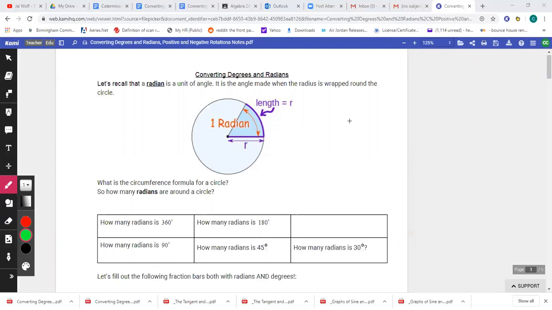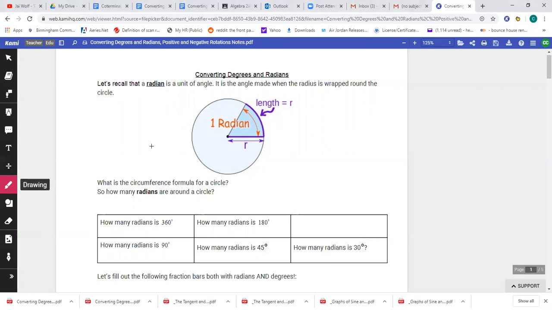However, there is another way to measure angles, and that's what we're covering today. And that is called radians. So instead of degrees, it's called radians. Now, what is a radian, right? What is the measure of 1 radian? Well, the radian is when,